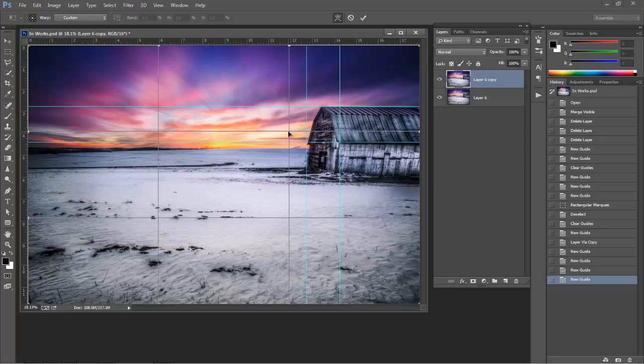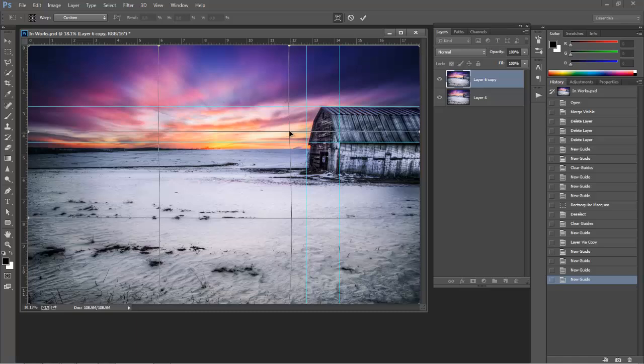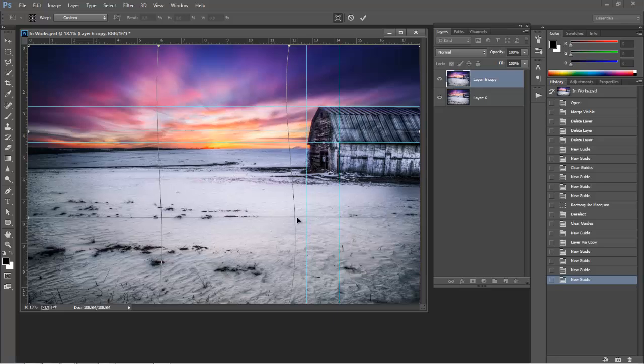So what I'm going to do is drag the middle of this picture right here. You can even grab right on the inside of the picture somewhere and just pull it until it hits one of those guides. Now the whole time I'm doing this, I'm trying to be cautious to make sure it doesn't destroy my horizontal lines at the same time. So it looks like with this guide, we might still need to pull this part of the image this way. So it's a push and pull kind of thing here to make this barn. It's a slow process. You don't want to do it too fast,